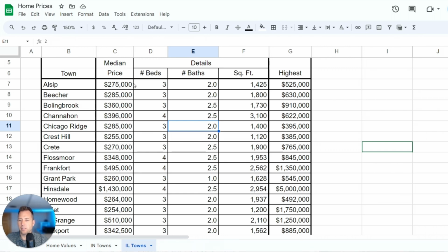So Elsip is $275,000, Beecher $285,000, Bolingbrook $360,000, Shanahan $396,000, Chicago Ridge $285,000, Crest Hill $255,000, Crete $270,000, Flossmoor $348,000, Frankfort $495,000, Grant Park $260,000, and that's the rural community Grant Park, not like downtown Chicago Grant Park. Hinsdale $1.43 million. You see there's a big jump there. Homewood $264,000, Joliet $254,000,